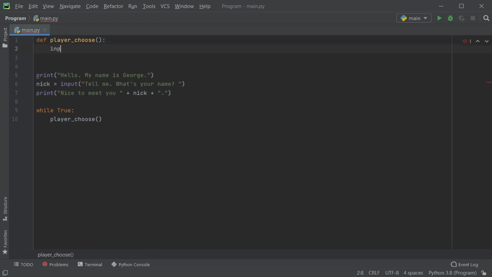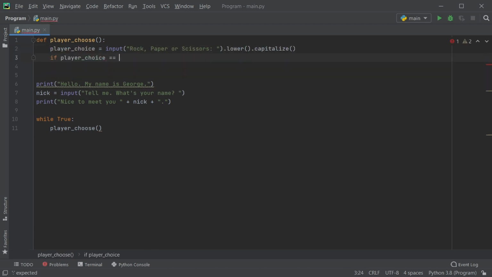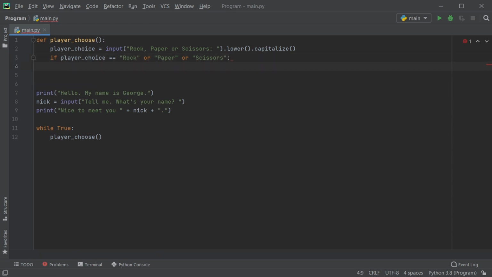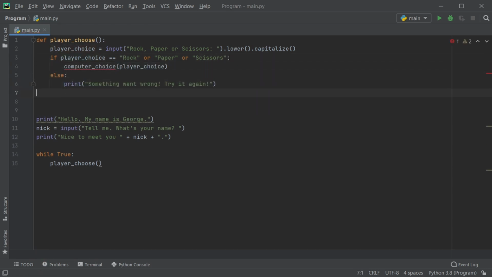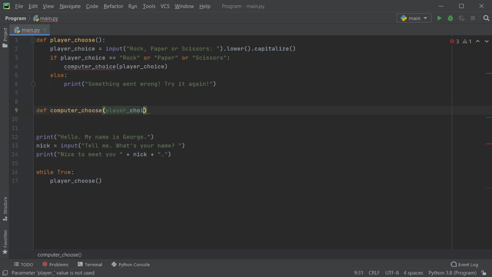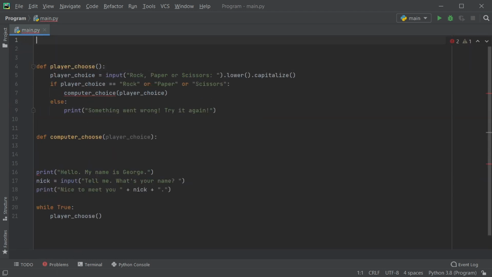Now, we will make a function in which the player will choose one of the options. Next, we will create another function which will assign a random option to the computer.